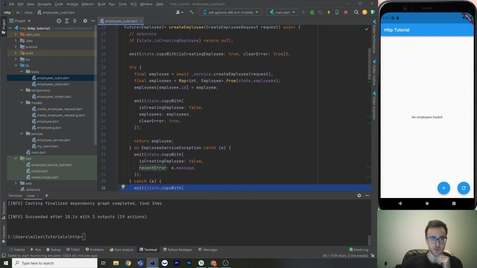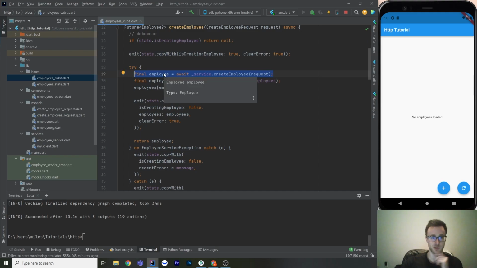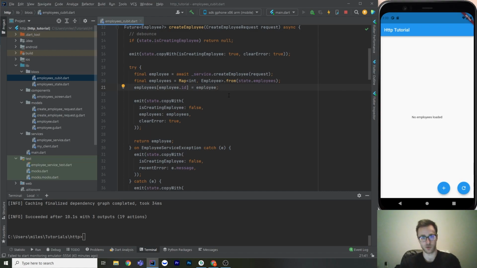Okay, so let's go from the top here. We're going to call service.createEmployee. That returns us an employee model, a future employee model. We're going to await that. Next, we're going to get our map of employees that we know exist, and we're going to copy it. It's really important to copy maps instead of mutating them directly, because if many different places are changing these maps and mutating them directly, you can have some unexpected stuff happen. So you would like it to be a new instance,